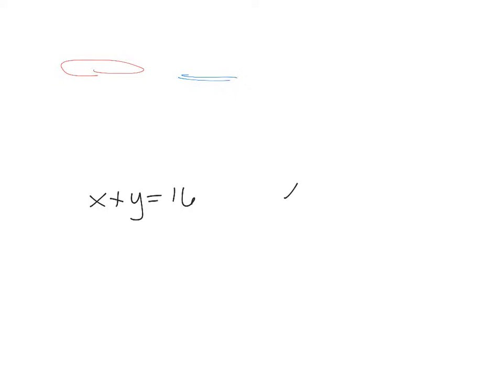And so we've got this new method called the substitution method, and that's how we are going to find where these two lines intersect. I'm just going to rewrite the equations down here: x plus y is equal to 16, and x equals 3y. Now what substitution means is we see that x is equal to 3y, which means when we go over here, we can replace the x with 3y,